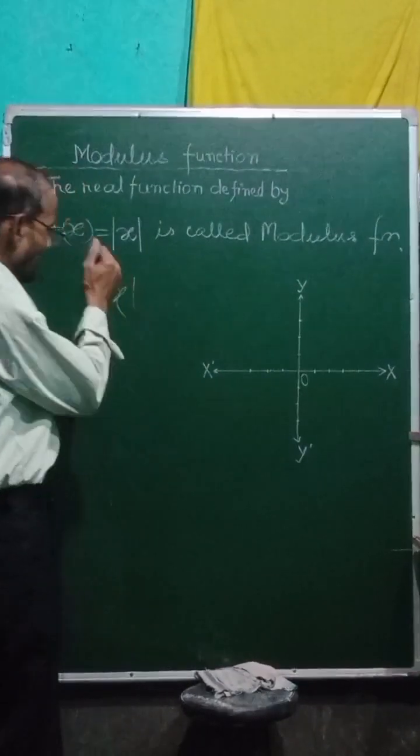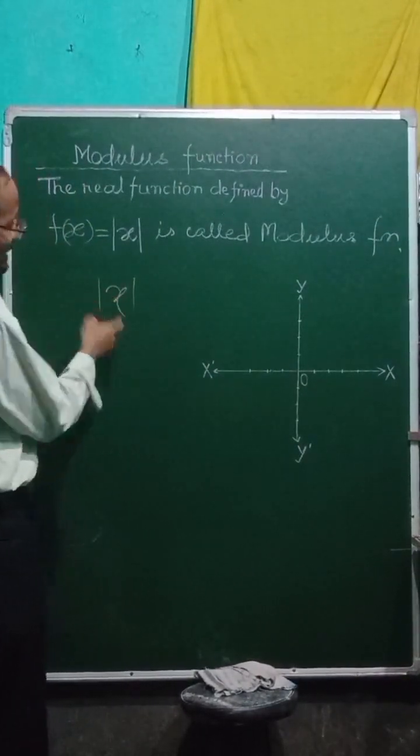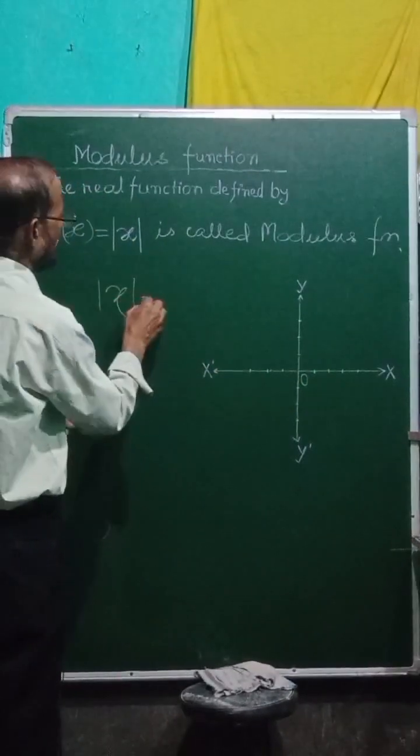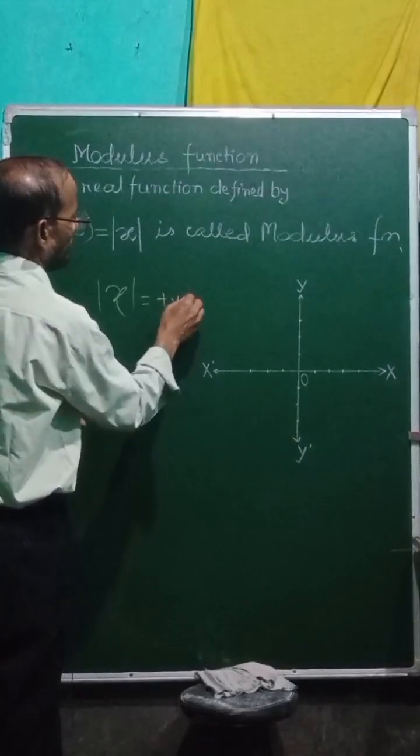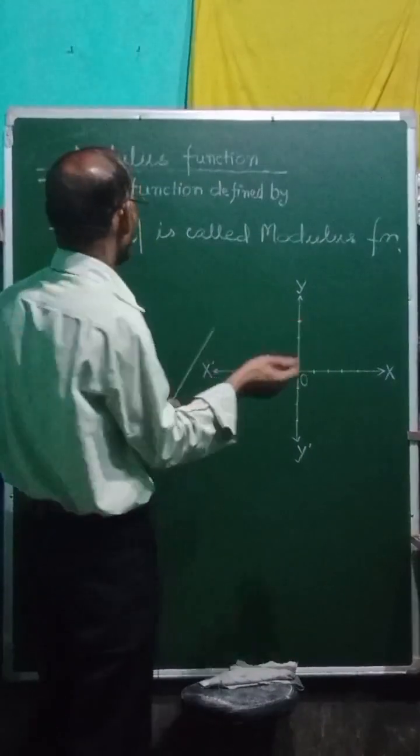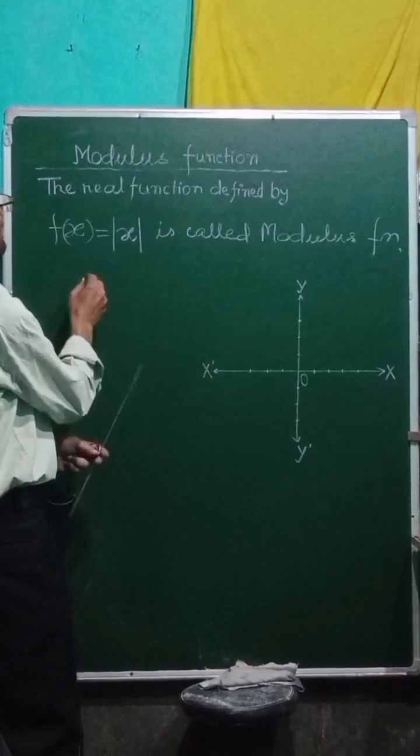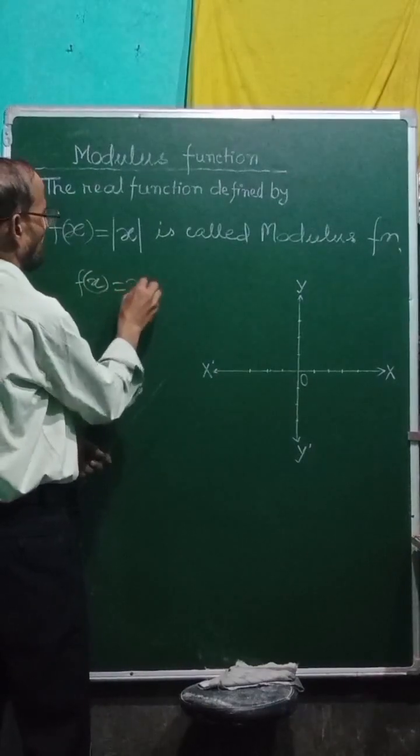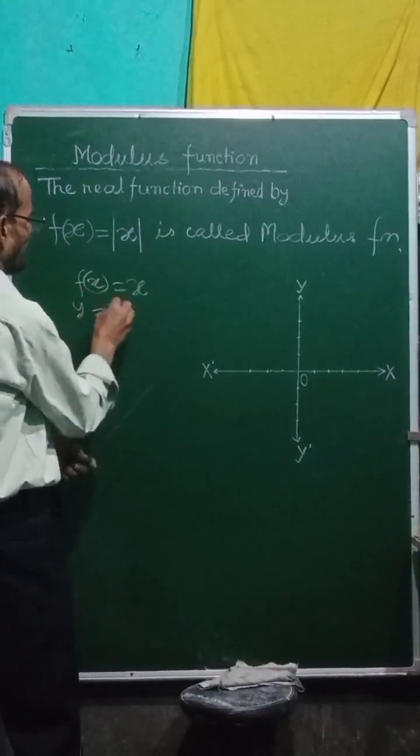Now to understand that one, the meaning of this is that x can be positive, negative, anything, but the output will be a positive number. The style of the graph is easy to understand. So you remember that the identity function f(x) is equal to x,